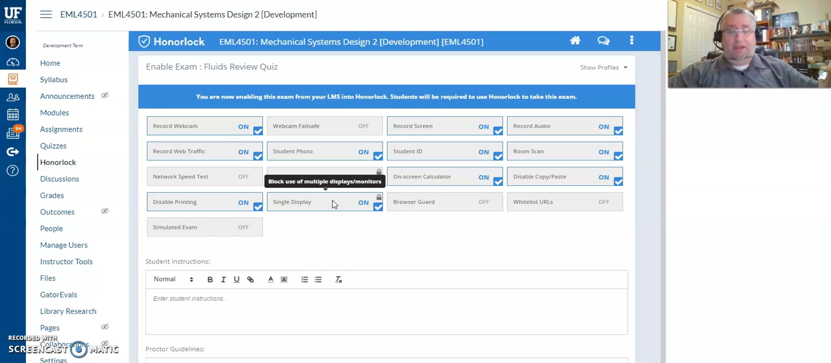Maybe they've got a colleague sitting in another room that somehow is feeding them information, and that student could watch the other display and help them answer the question. So I leave this on so that only one display shows the exam, and then disable